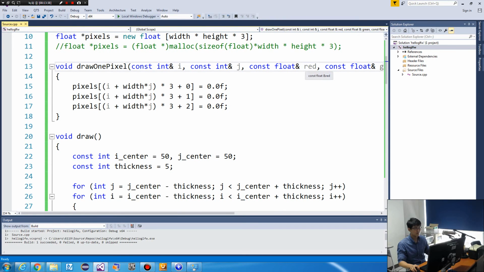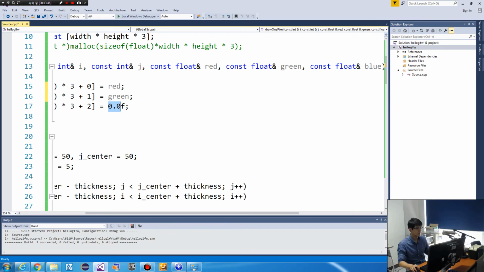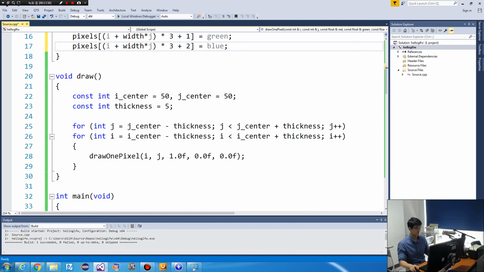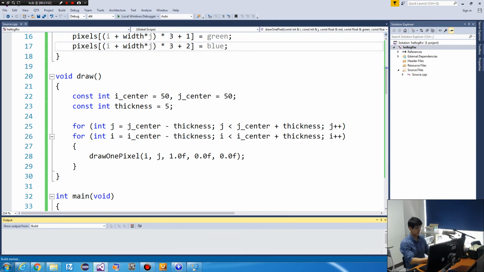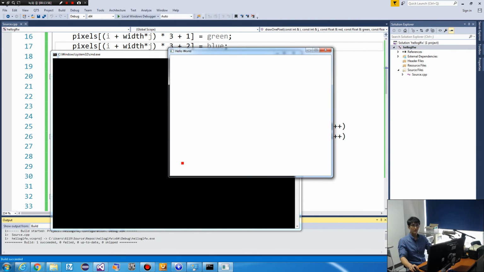Okay, so red, green, blue. Red, green, blue. Okay, so we know how to draw something in this way, right?